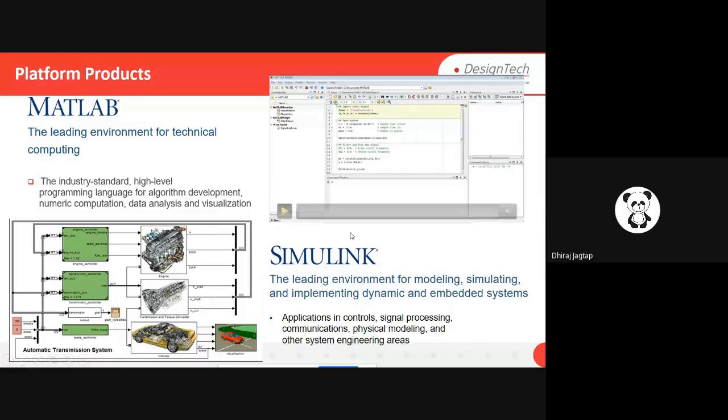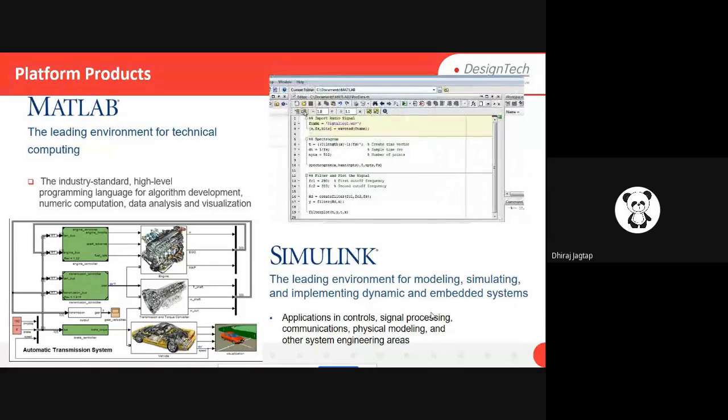Here in Simulink, this is the simulation environment. Using mathematical equations, you can create a subsystem or project. Apart from this, you can create C code from that subsystem or model, or deploy it directly on hardware.